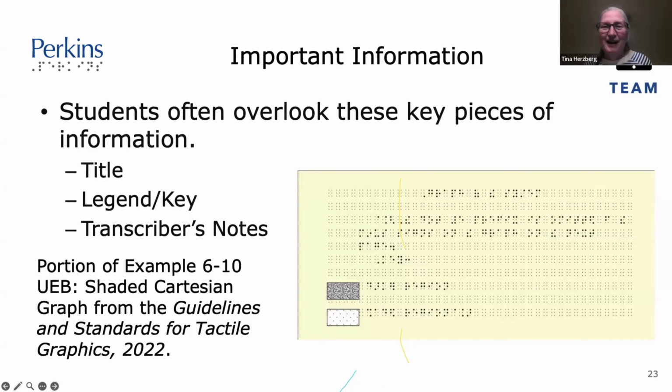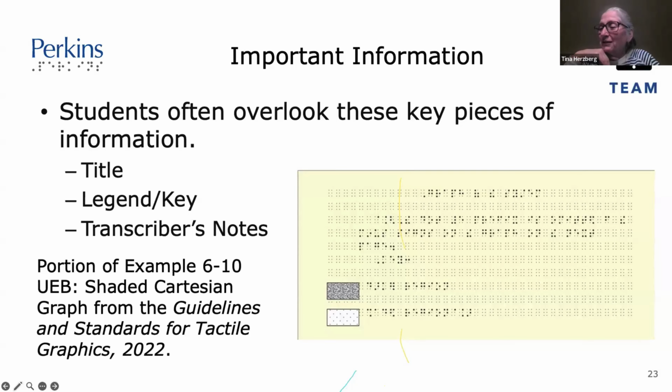When I see a transcriber's note, I need to read it, because it can give you important information that, if you miss it, can make reading the graphic much more difficult. And we gave you an example of one on the slide, and it's a graph of the